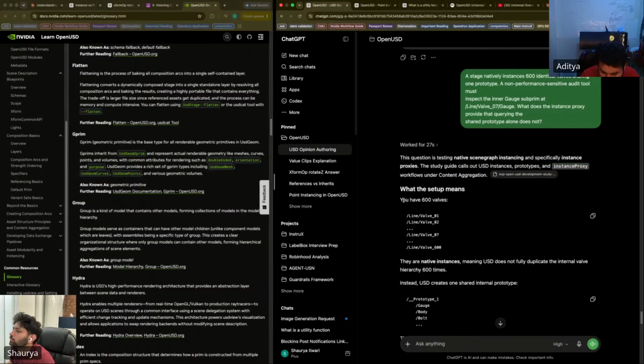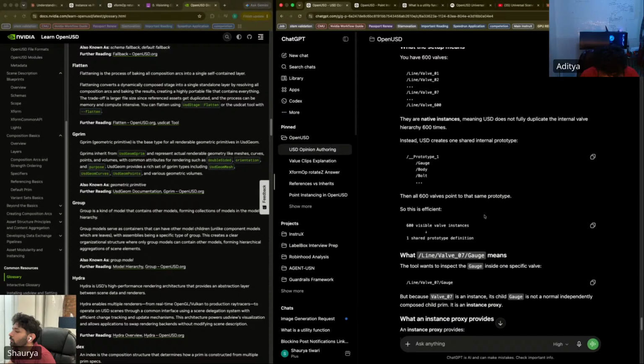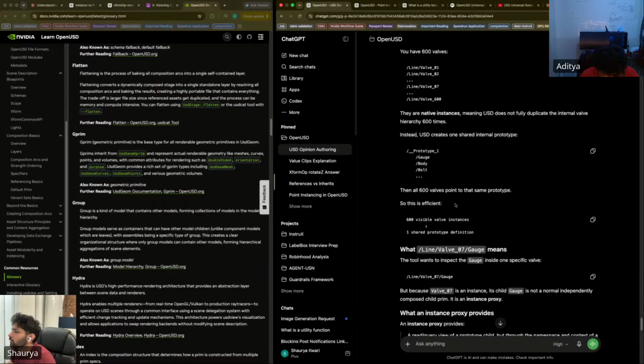What the setup means: you have 600 valves, line valve 01, line valve 02, valve 07, valve 600. They are native instances, meaning USD does not fully duplicate the internal valve hierarchy 600 times. Instead, USD creates one shared internal prototype, then all 600 valves reference it. Yes, I know this. So this is efficient.